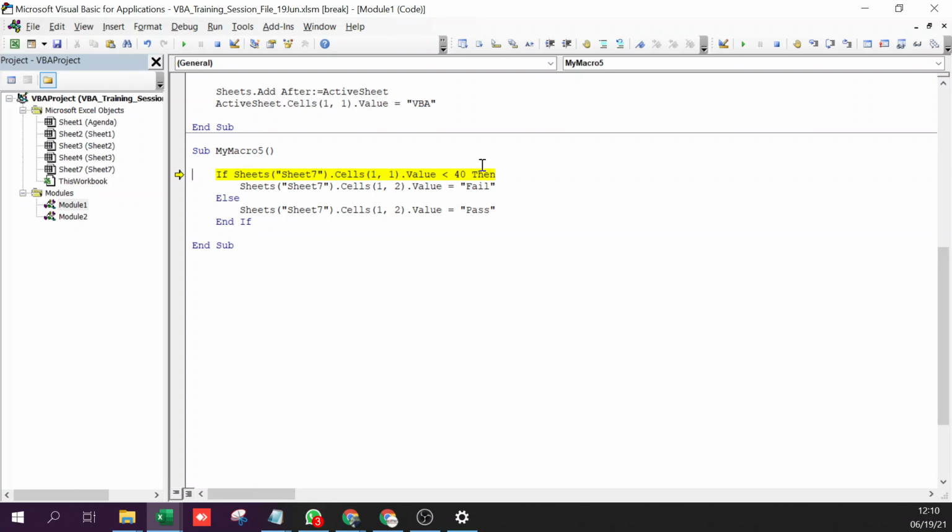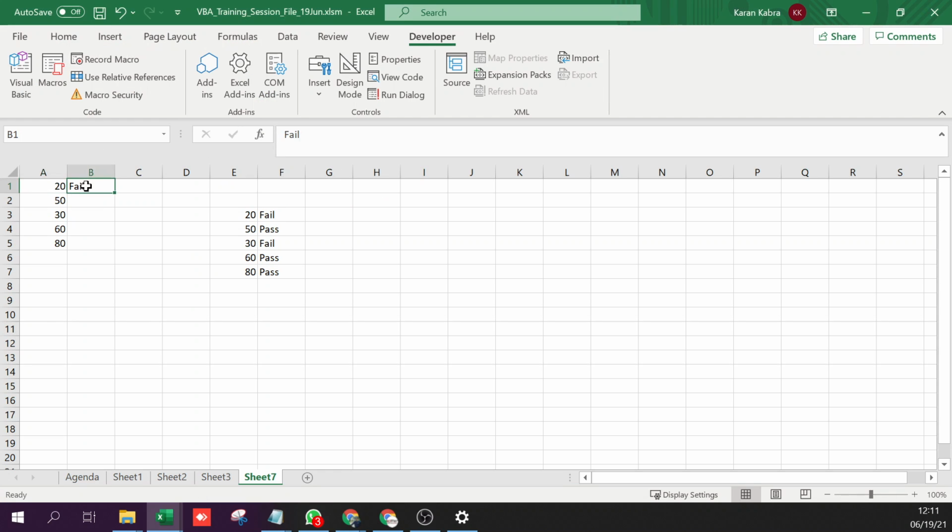Is this value actually less than 40? Yes, it is, because the value is 20. So it will go here. Will it go here? It won't. It will straight away exit. It will not go to the else part at all. And it will end sub. So we should have the value fail here.